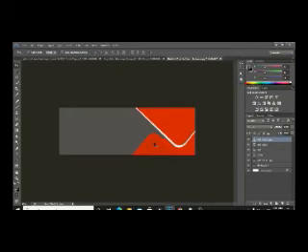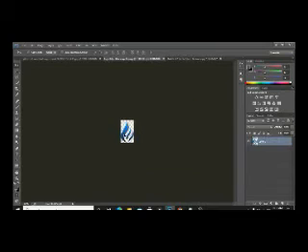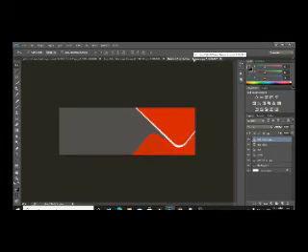Now we are going to move on to the left side. Here we have to put a logo, and I already selected one. If you have your own logo, just select it. How you can do it: just Control A and Control C, and make sure your logo is in PNG format. Otherwise you have to cut the background before putting it on the original layer. Now after that, Control V.